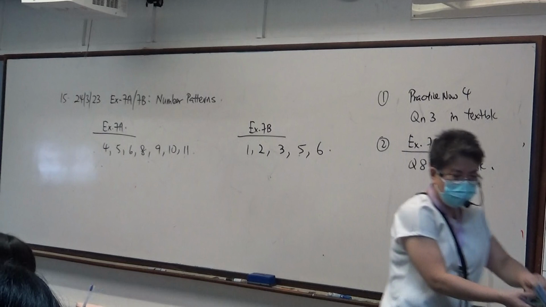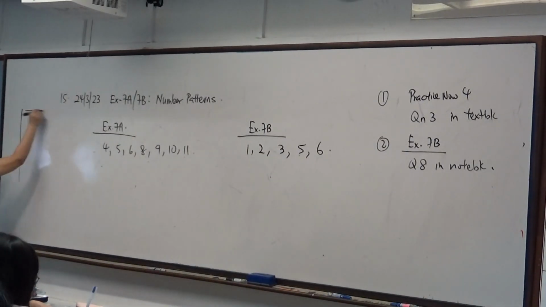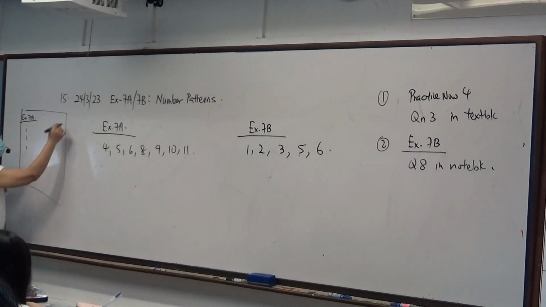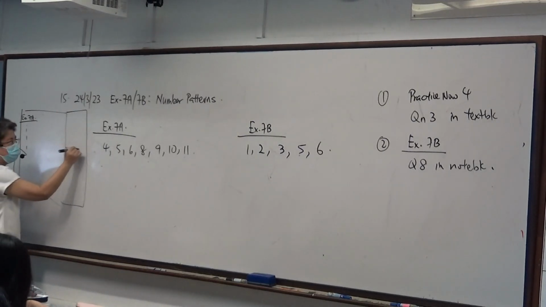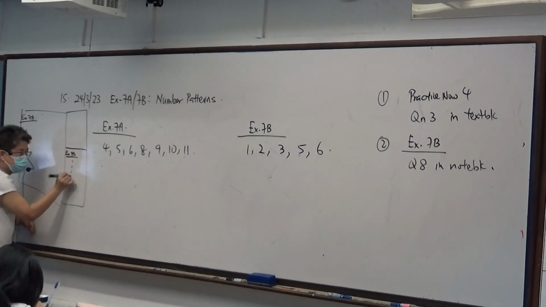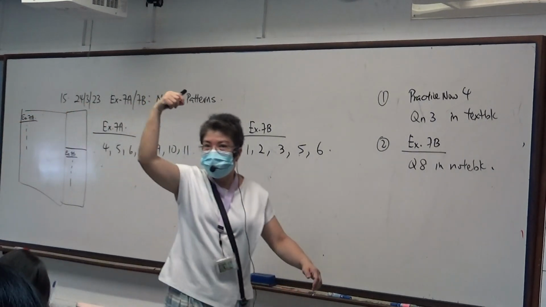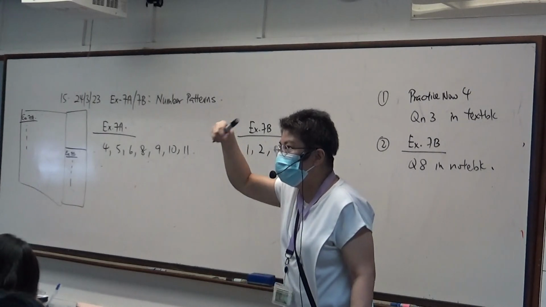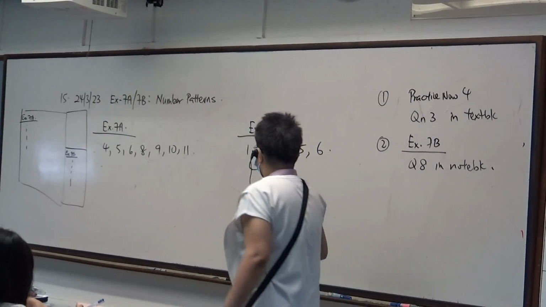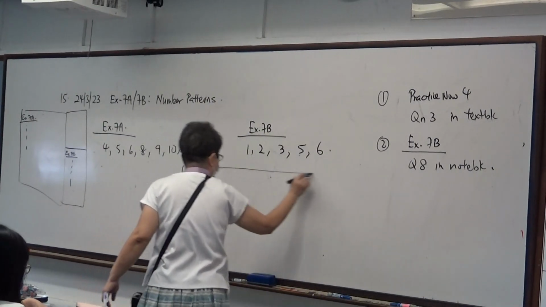Then, how are you going to do your work? All of you look up. Your foolscap paper. You will start exercise 7A first. Let's say by the 3rd paper or so, you finish exercise 7A. You draw a line. Then you write exercise 7B, and then you continue. Do you understand? It's on one set of foolscap paper. Are you all clear with what I'm saying? Okay. Have you taken down already? Okay. On the foolscap paper, can you start